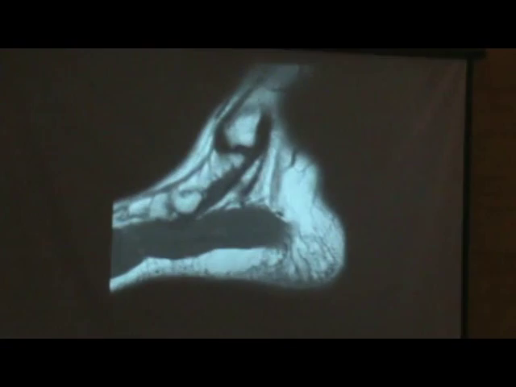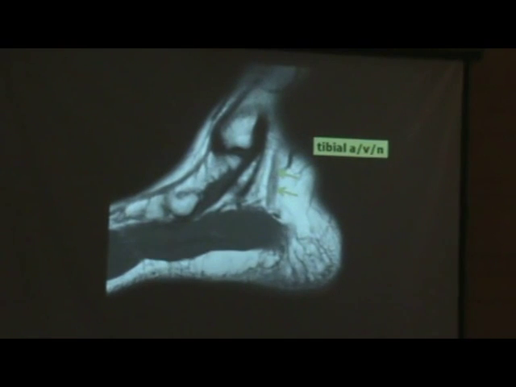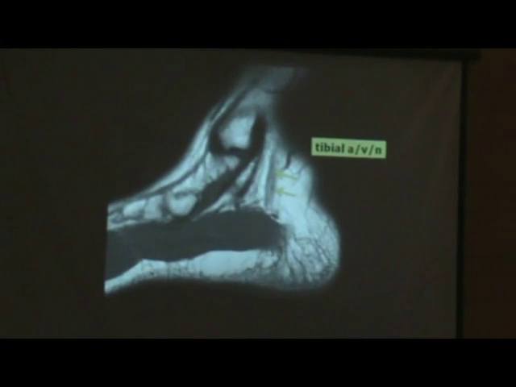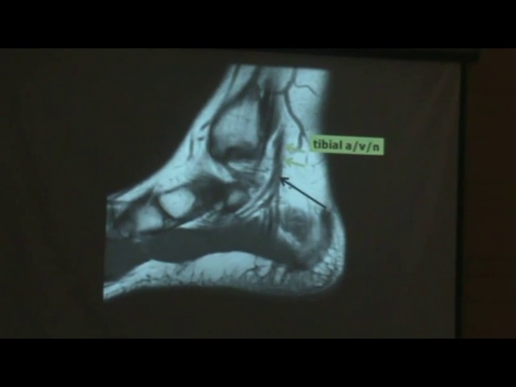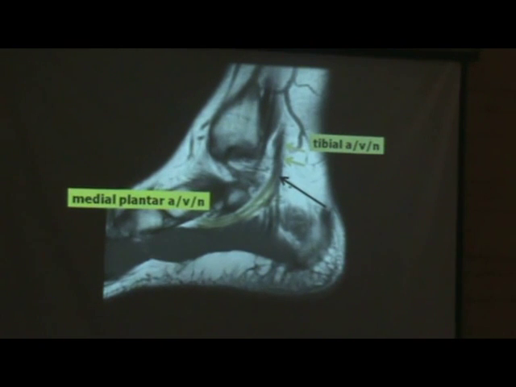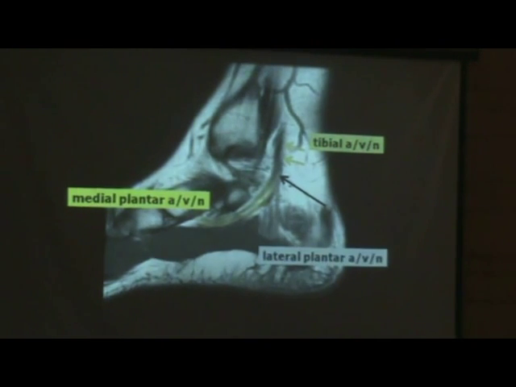Sagittal plane is very difficult to follow those nerves. We can see something, and I'm going to show you. So here's the tibial neurovascular bundle, and here's the site where we see this bundle dividing exactly at this point, the black arrow, and we see anteriorly the medial plantar neurovascular bundle, and posteriorly and inferiorly the lateral plantar neurovascular